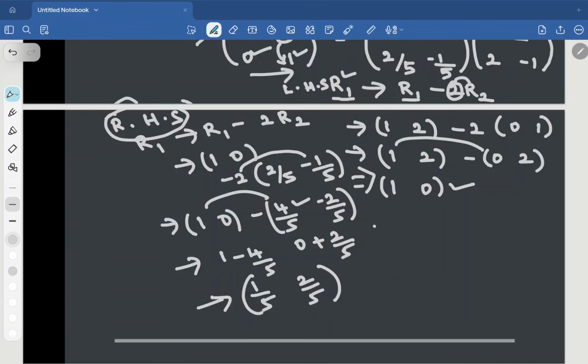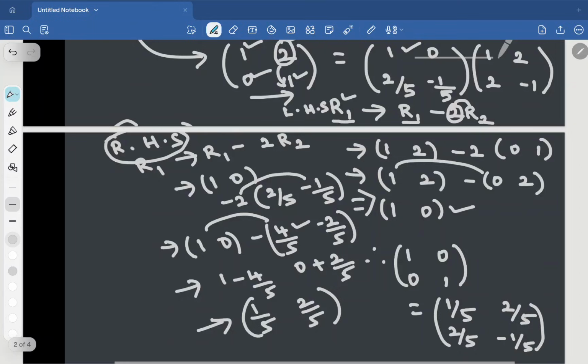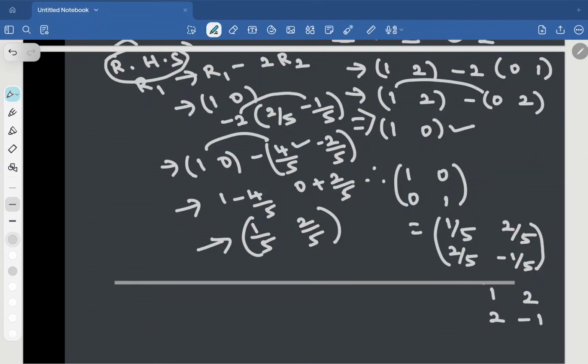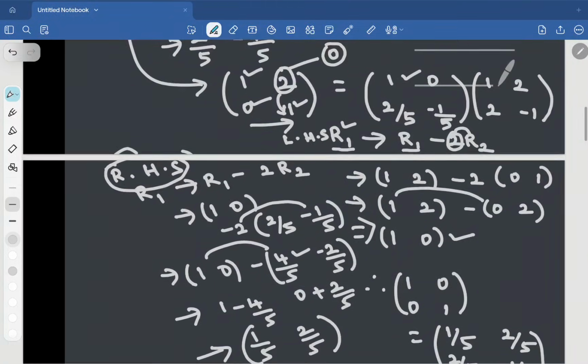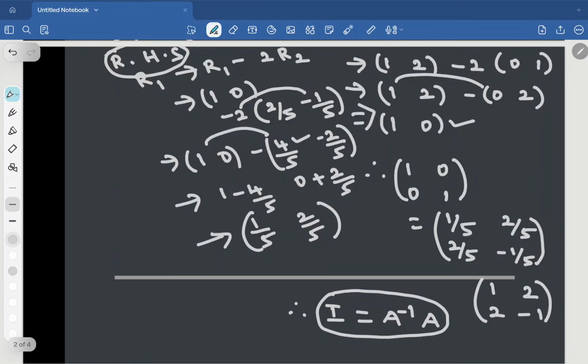This is for LHS. Therefore, the first row now becomes [1 0], second row [0 1]. What about RHS? First row 1, 0 now becomes 1 by 5, 2 by 5, and second row as it is, 2 by 5, minus 1 by 5, into A. What is A? [1 2; 2 -1]. This is in the form of I equals A inverse A. We are getting I equal to A inverse A. This is I, this is A inverse, this is A. At last we convert the LHS